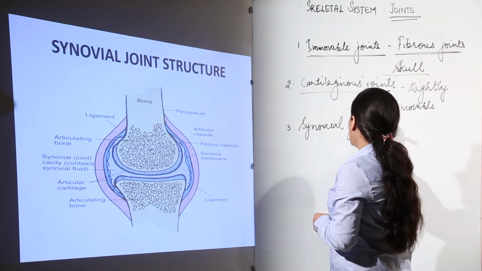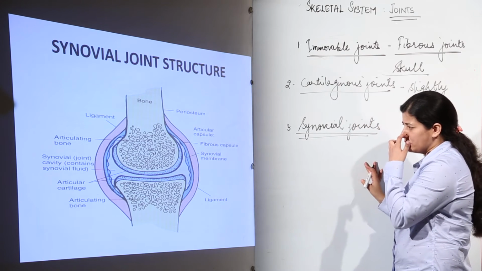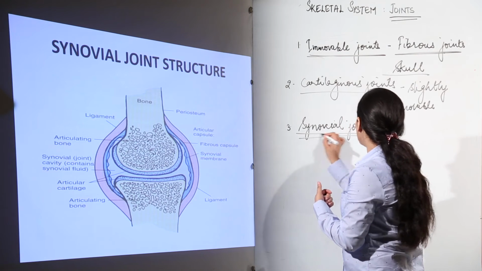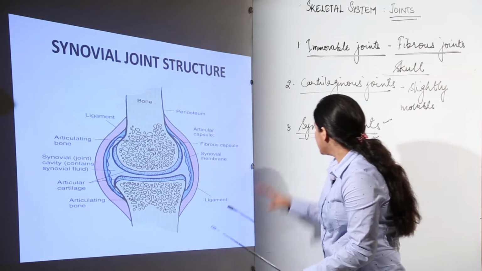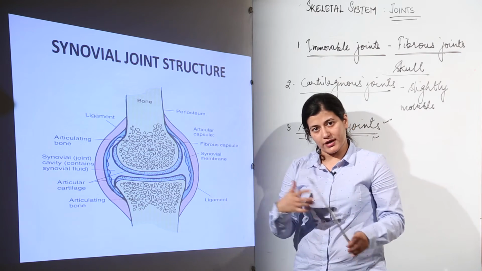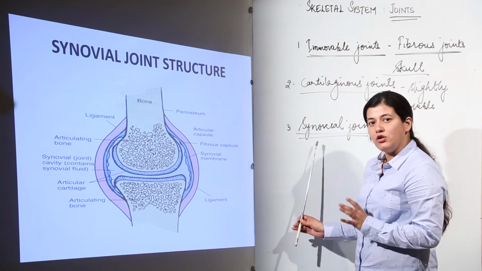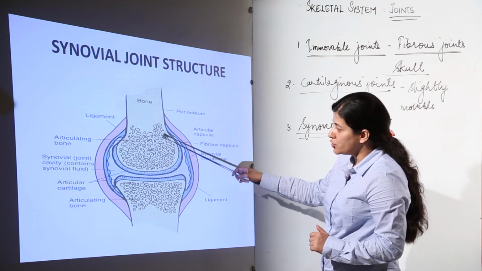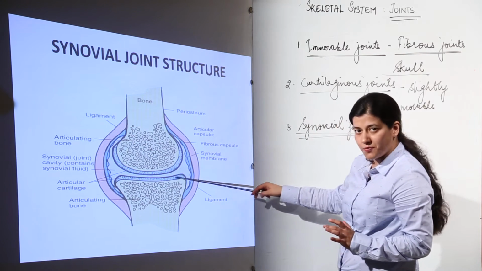So over here we are going to see what a synovial joint looks like. These are nothing but simple pictures taken from Google, so that pictorially you can understand what a synovial joint looks like. These synovial joints have this type of structure. These are freely movable joints, and whatever movement you see, this hand movement and moving forward and backward, that movement is brought about by the joints which are present in our body, and those are known as synovial joints. Now, what does a synovial joint look like? See, there is an articulation of two bones that is taking place, and in between you see a synovial fluid which brings about the movement.